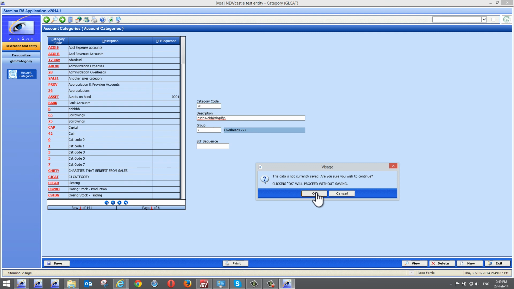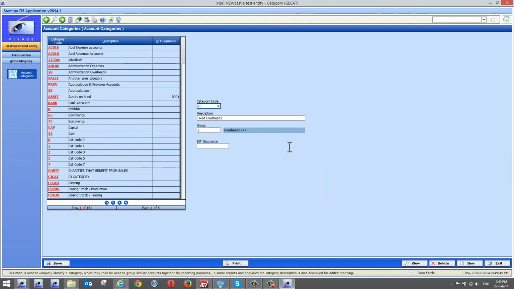I don't want to save that information. But the system is alerting you to the fact that if you do this, whatever this happens to be, maybe it's hitting the exit button, maybe it's going backwards or forwards for a record, the information you've changed you're going to lose. And for me, that's fine. So it's now taking me back one record to 22 to 20 and so forth. And likewise I can move forward to get back to where I was,